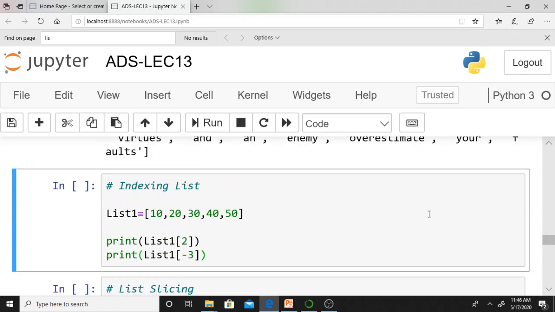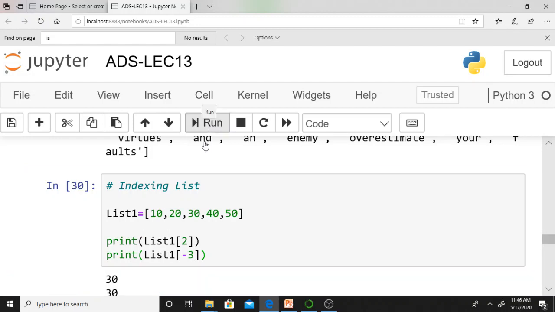Anyway, let me continue with my list discussion. What is my list of 2? 0, 1, 2. List of 2 means 30, isn't it? You can index from left to right, or right to left. This is list of minus 1, this is minus 2, this is minus 3. Minus 3 means 30.